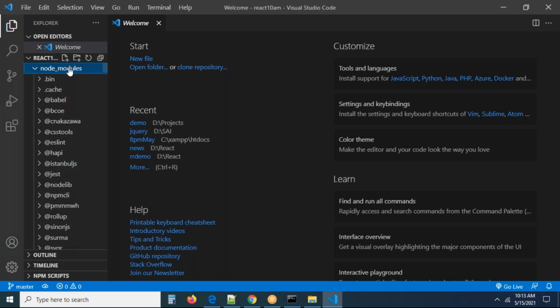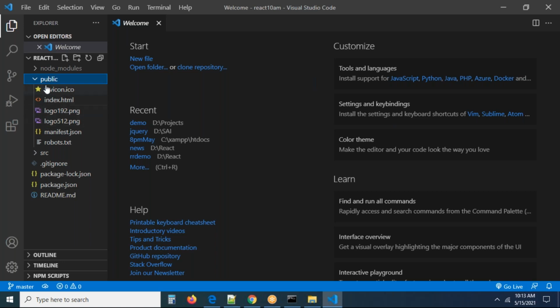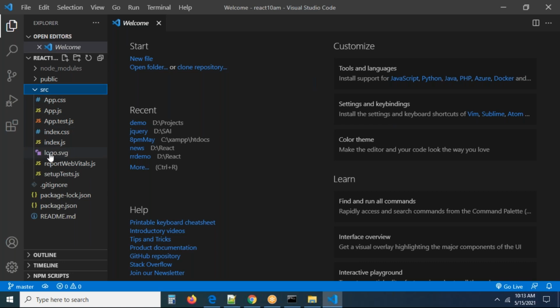This is node_modules. Here we can see all the modules which we require for working with React.js. And tomorrow, if you work with any type of modules, you have to install them. The installed modules will be available in the node_modules folder. Using Node Package Manager, we can install so many modules. All the modules will be installed in this location. After that, one of the important folders is the public folder. We are able to see some files here. After that, we see the src folder, and some more files.